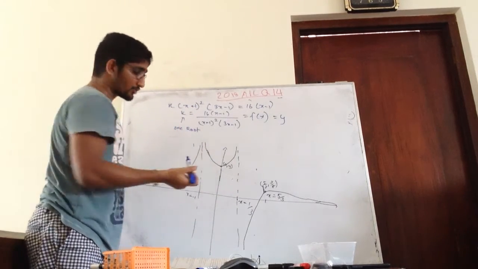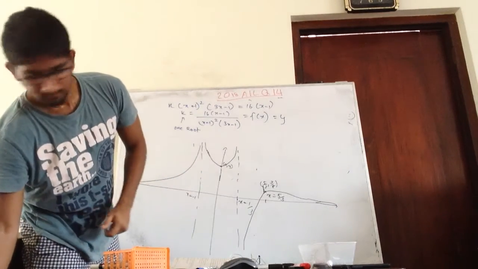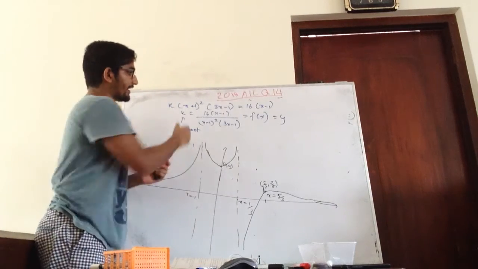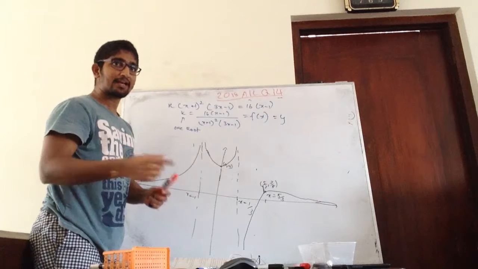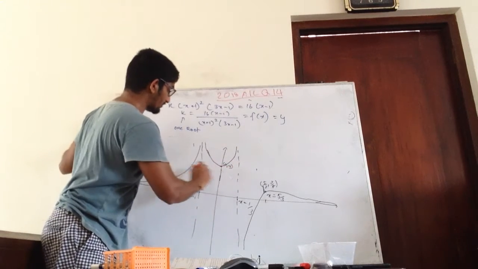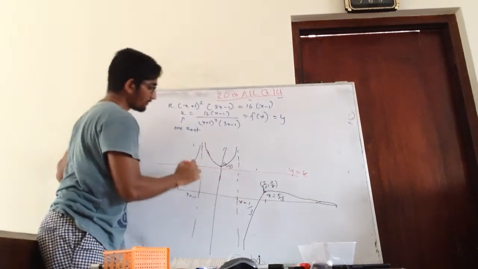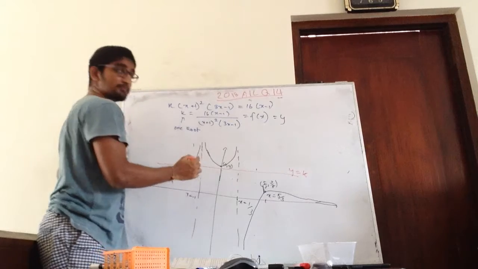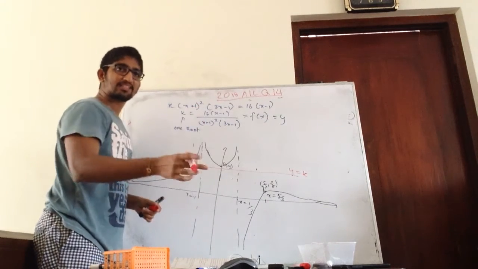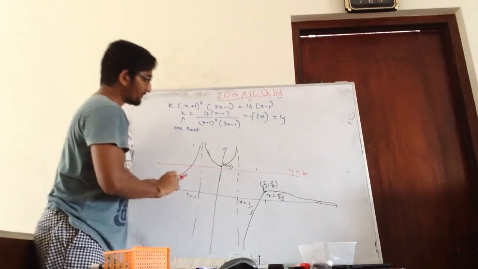So what we need is a line, y equals k, which has only one solution. If we take something like this y equals k, this has only one solution. They are asking what is the range of k. That is basically the range of y. Right? So that will be